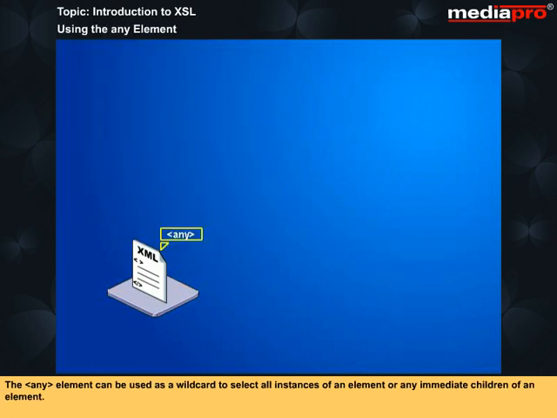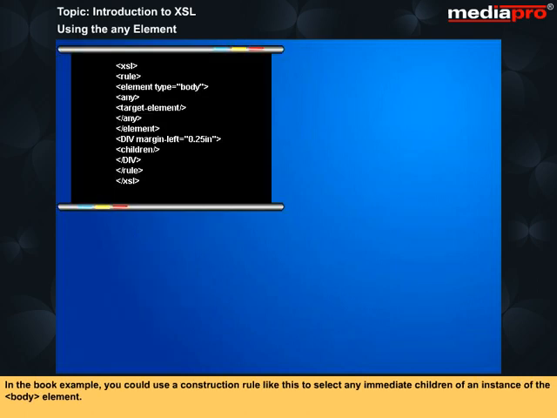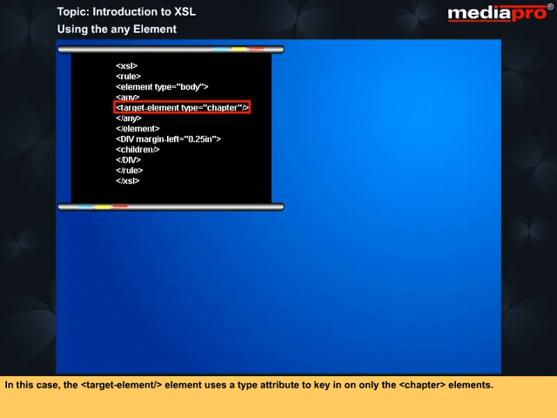The any element can be used as a wildcard to select all instances of an element or any immediate children of an element. In the book example, you could use a construction rule like this to select any immediate children of an instance of the body element. If you were targeting chapter elements that are immediate children of a body element, you would modify the rule as shown here. In this case, the target-element /element uses a type attribute to key in on only the chapter